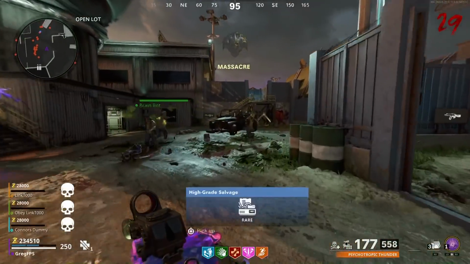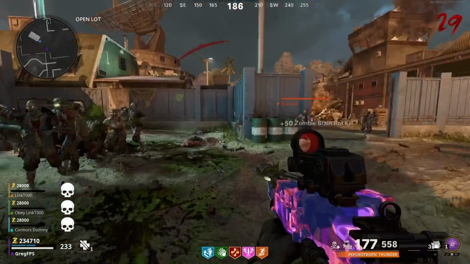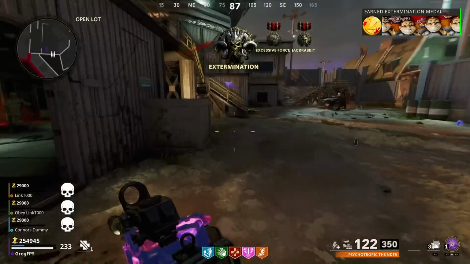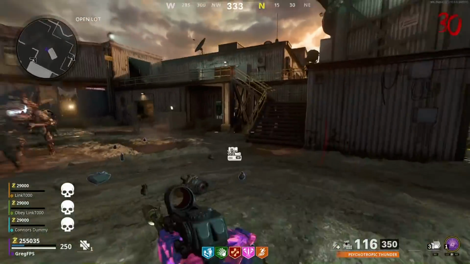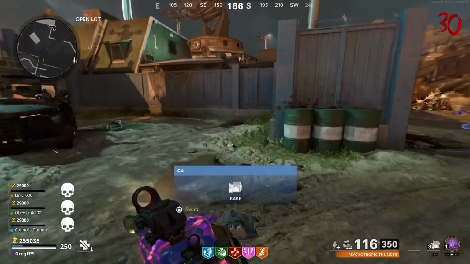So anyways, let's get into the number 1 spot and the best overall alternate ammo type or ammo mod that you can use in Black Ops Cold War Zombies, and to no surprise, it is Deadwire. Now, Deadwire is one of those things that was really good in Black Ops 3 and then was bad in Black Ops 4, and now it's better than the Black Ops 3 version in Black Ops Cold War Zombies,